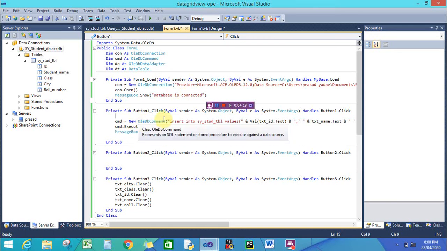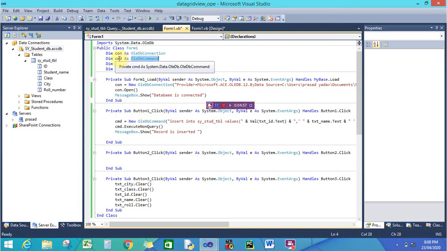Then for passing any kind of command, means we are operating on a database, if you want to insert a new record, then we have to use the insertion command. We have already seen all the SQL commands or database operations, means insertion, deletion or updation. They use SQL queries. We need to fire SQL queries. So for inserting a new record we need to pass the insert query in the OleDbCommand. So I have created here an OleDbCommand object as cmd and passed this command or query.